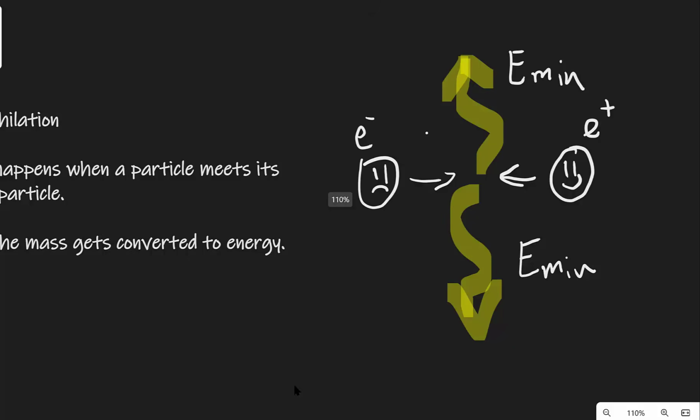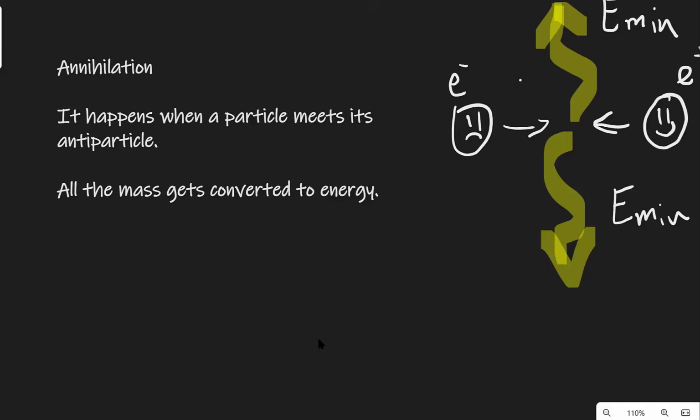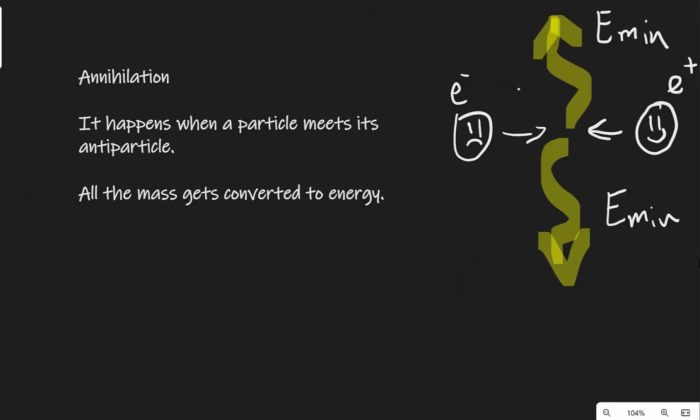We can use energy conservation and actually estimate the wavelength of these photons. Because this here was a minimum energy, the wavelength will actually be a maximum. So how can we actually calculate the maximum wavelength? Let's call that lambda max. Well, remember, those particles, the electron and the positron, have some rest energy. Typically this will be given in the question, but in the table a few slides ago we mentioned that this was around